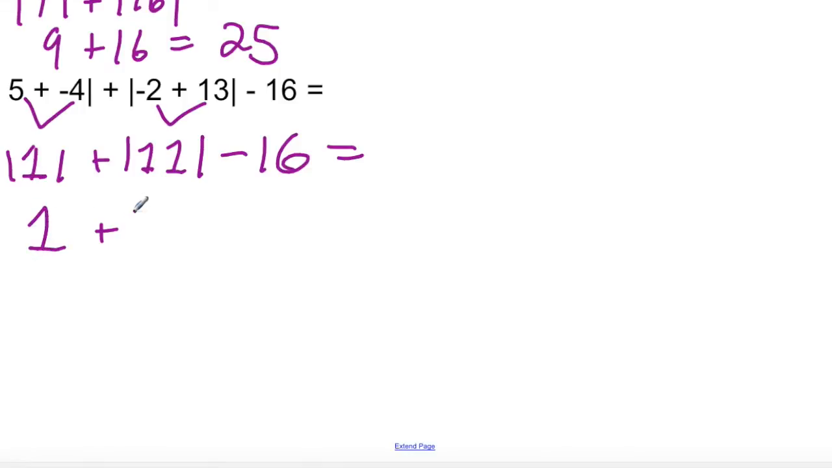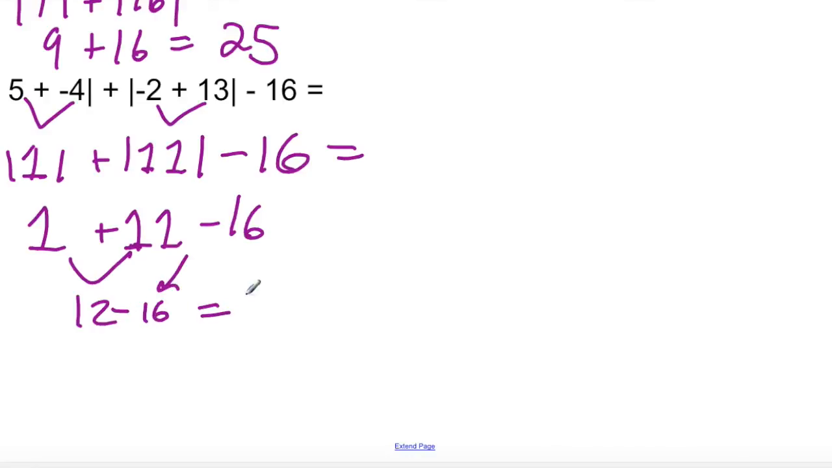1 plus 11 minus 16. And then now that because I have addition and subtraction in my same line, I'm just going to add from left to right and subtract from left to right. 1 plus 11 will give me 12. I drop down the 16. 12 minus 16 is going to give me a total sum of